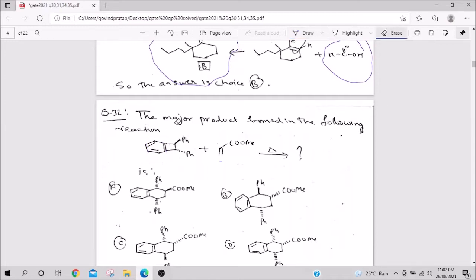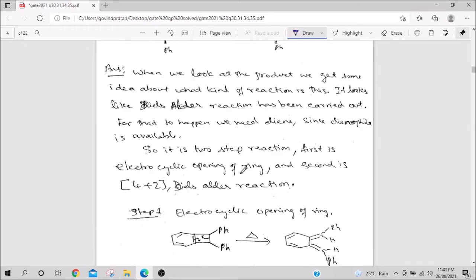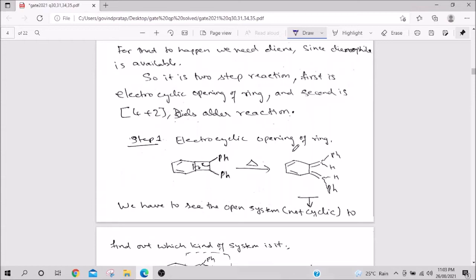So, it is basically 2 reactions which are happening and that is what we will study. One will be an electrocyclic reaction and another will be the Diels-Alder reaction. Okay. So, the first thing is electrocyclic opening of the ring under thermal condition. It is very simple, this bond comes here, the sigma bond comes in, this bond comes out, and one sigma bond is given to another double bond, and this double bond is coming here. So, one sigma bond got converted into one pi bond, and one pi bond is shifted and you have got another pi bond. So, 1 sigma and 1 pi led to 2 pi bonds.